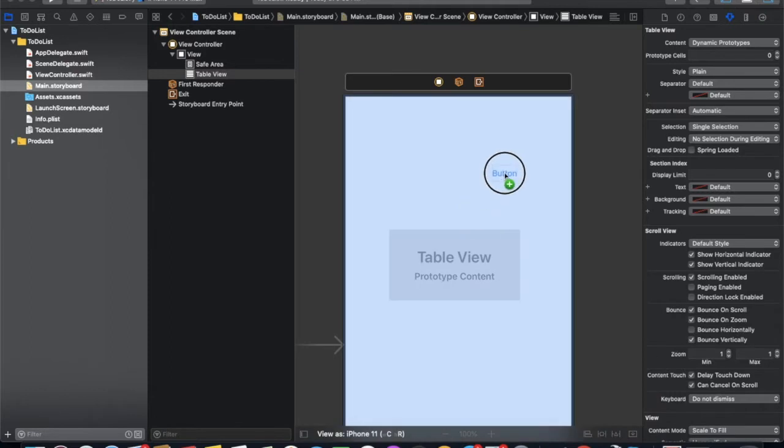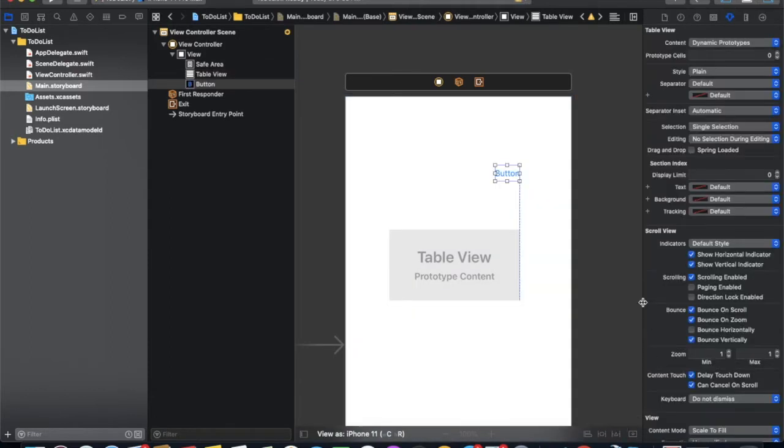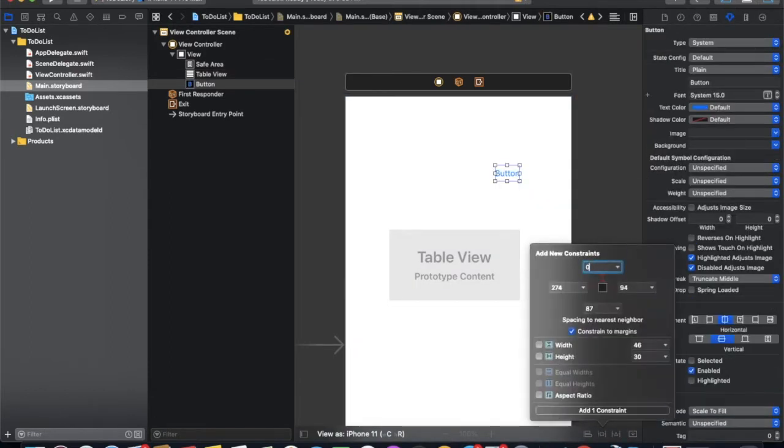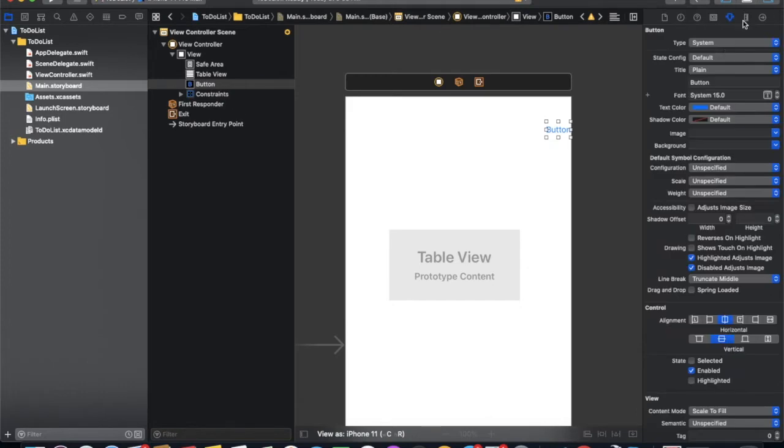So firstly we do this: 0 from top and 0 from left, and let's connect it. Rename it as add to-do task.